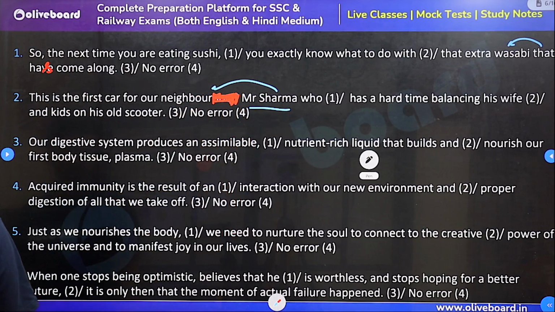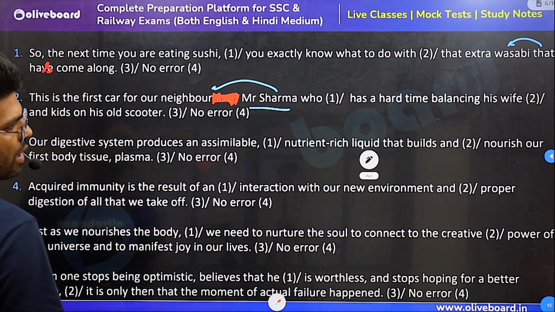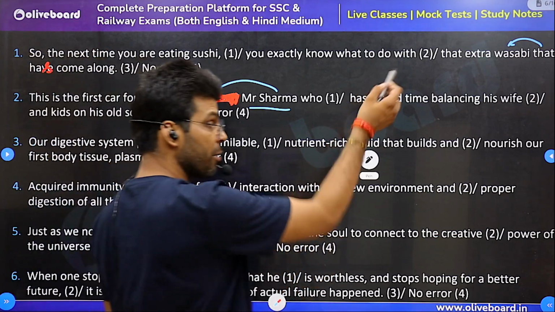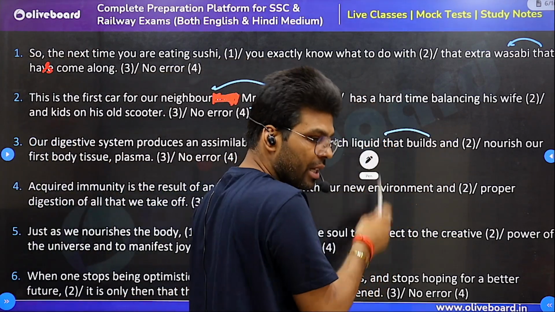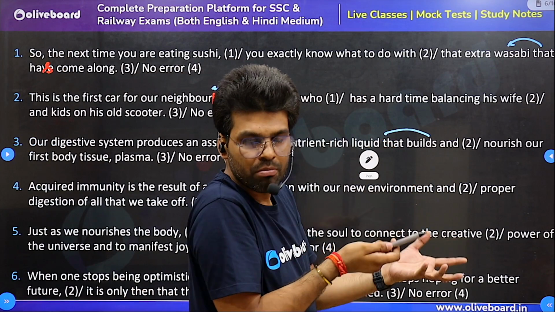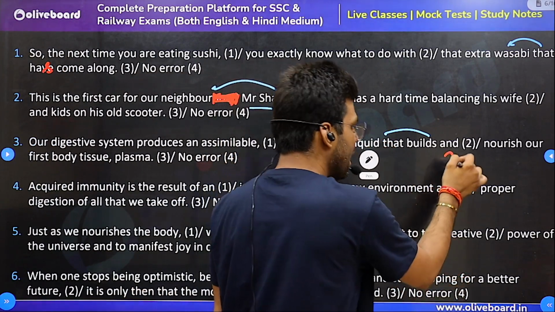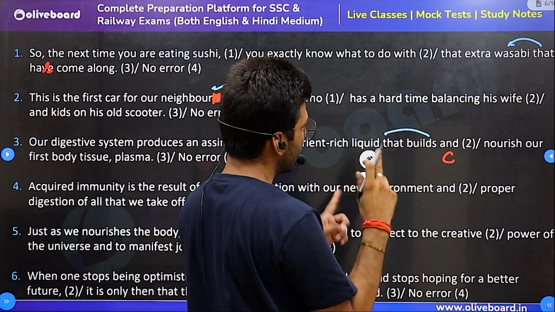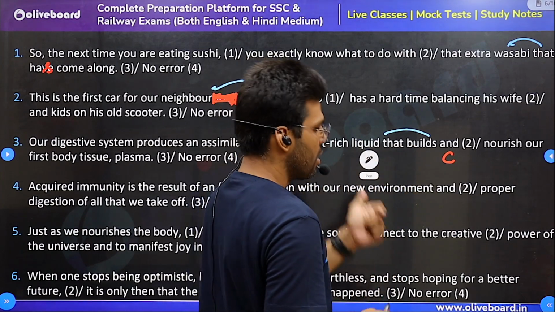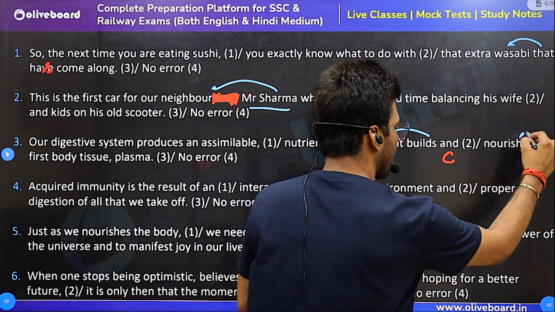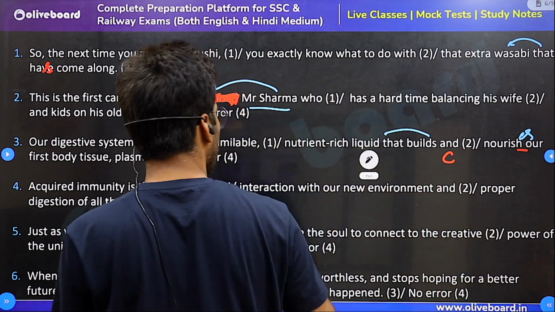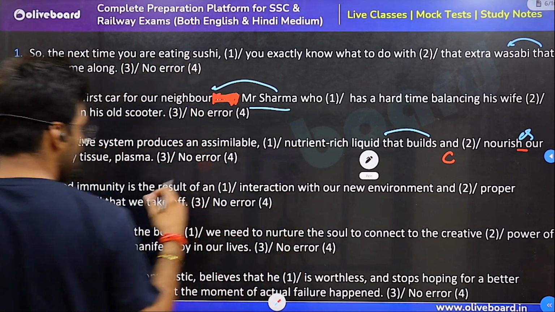Our digestive system produces a liquid that builds, relative pronoun once again, s or es. And for the third time in this session, I didn't plan to mention such questions, but and is the conjunction which connects two things of the same kind. Builds, nourishes, s or es here, s or es there. The liquid that builds and nourishes our